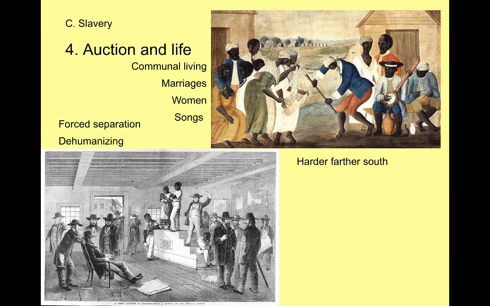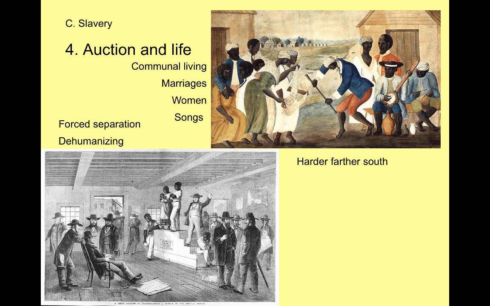In the South, slavery got harder the further south you went. If you were in Maryland and Virginia growing tobacco, of course that's hard work. But if you went down into South Carolina, the main crop there is rice, and that's even harder, more dangerous work. There is more of a chance of catching disease in the swamps, these rice paddies of South Carolina. Also, the profits go up if you go even further south into the Caribbean and start growing sugar. The profits go up, and so human life becomes less important. If you have very large profits, you don't care if you beat your slave to death because you're making enough profits, you can buy a new slave.